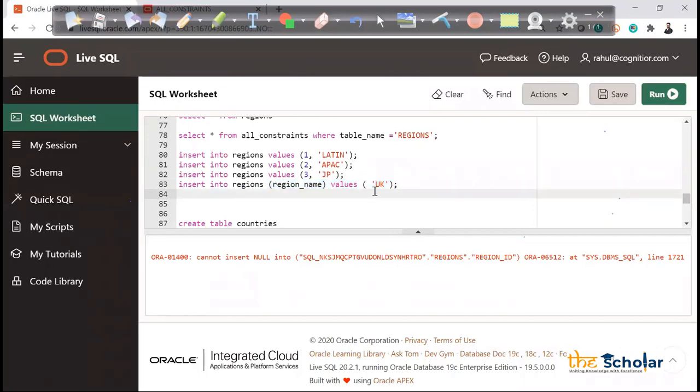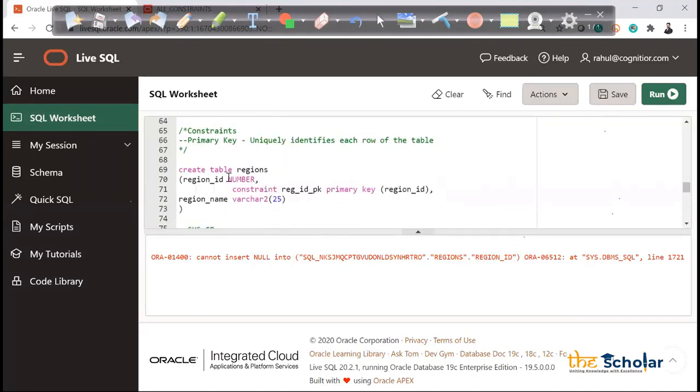But sometimes people create one more constraint called not null in the table. For example, suppose I'm creating the table with region ID number, space constraint, let's say region underscore ID underscore NN, not null. People also run this type of statement so that they are able to maintain the constraint.